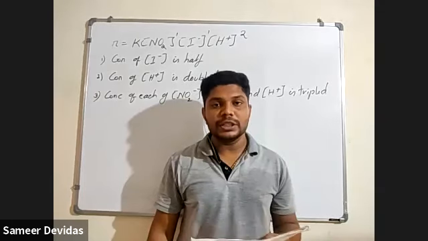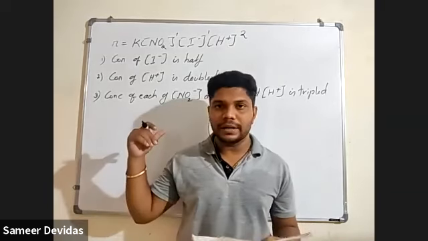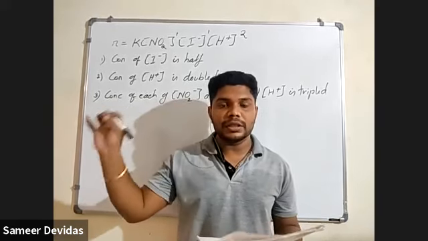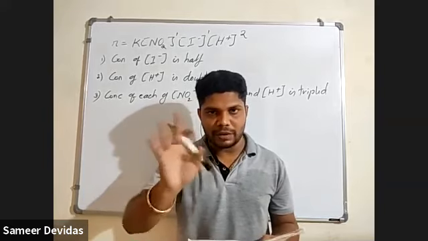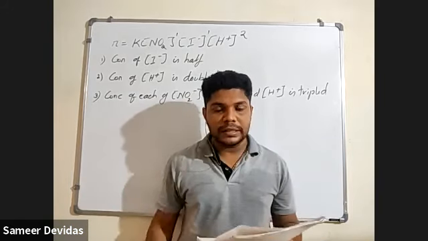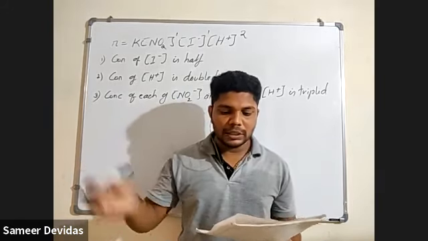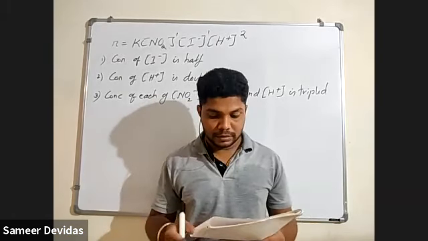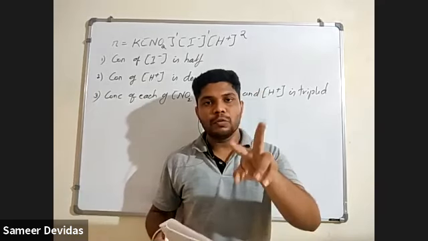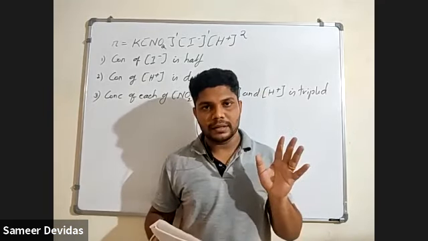Second point: the rate of a reaction depends on the initial concentration of the reactant, as we have just seen in the rate law. Remember, they have said initial, not final, so mark that word initial. Whereas the rate constant is a constant, so it does not depend upon the initial concentration of a reactant. Any doubt in this? 2 points are enough, because maximum they can ask for 1 mark. So 1 mark means 2 points, half mark means 1 point. Is this clear?